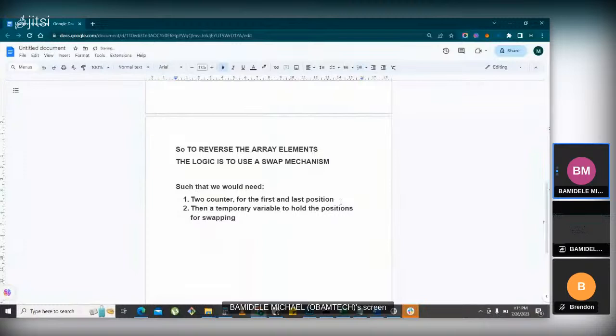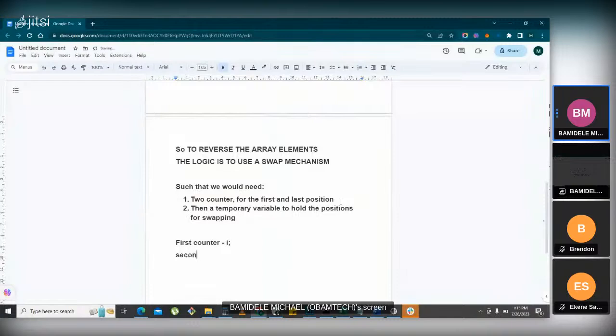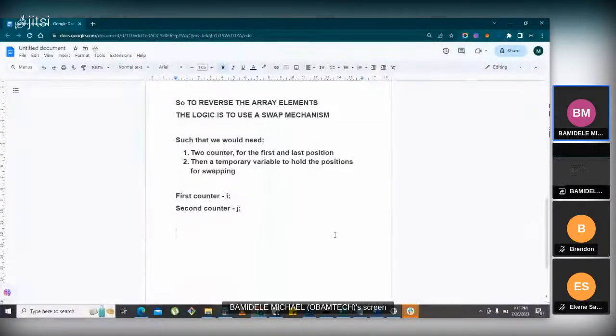Okay, so we can say first counter equals I. And we can say second counter is J. Now what do we do? How do we go about this? We are trying to loop two times. Then we will need what? We will need the length of the array. Okay, so we'll need the length of the array,